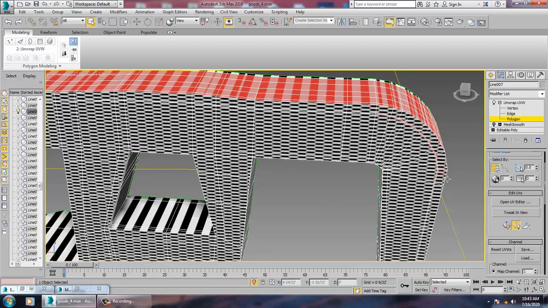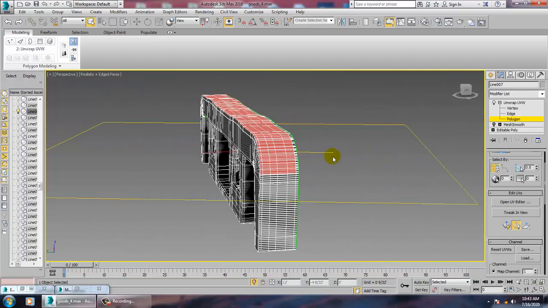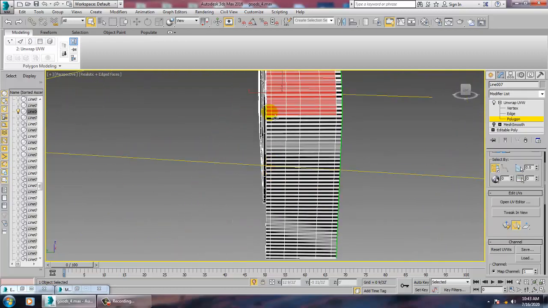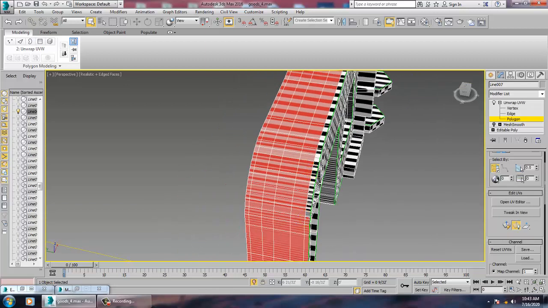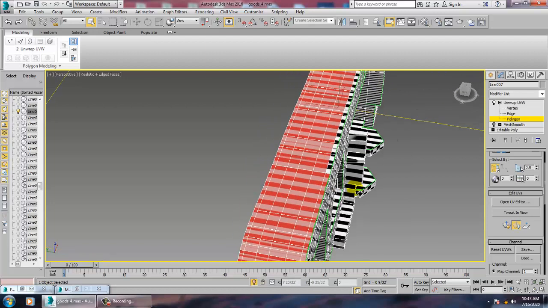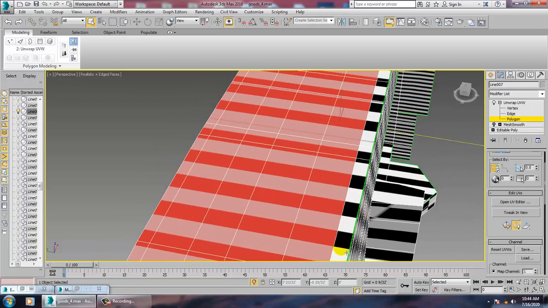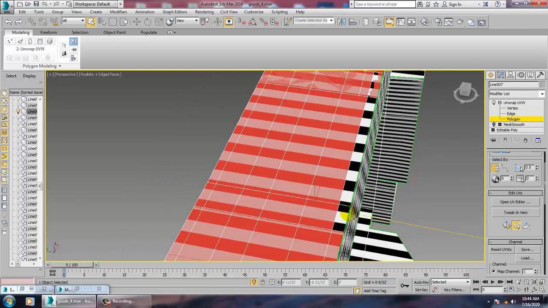We need to remove all the selections over here which are not actually required, plus we need to add this all over here. Please add this. Alright.